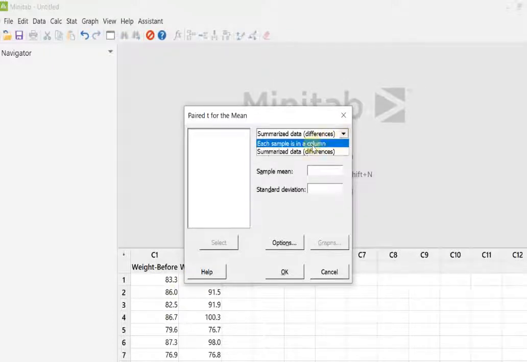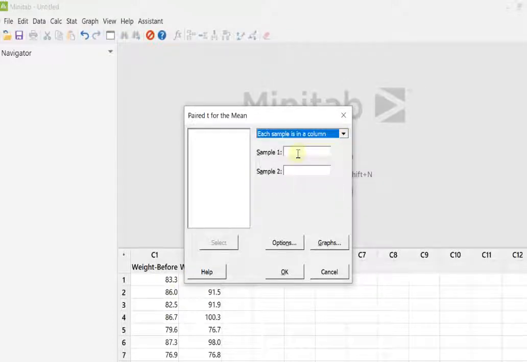And we don't have that. We actually have data in columns. Now if I just left click, notice there's nothing here on the left pane. So in sample 1, if I left click once, you see these columns appear. So I'm just going to left click once on weight before and select it. For the second one, I'm going to do it differently. Sample 2, I'm just going to double click on this and bring that inside to activate that as our second column.